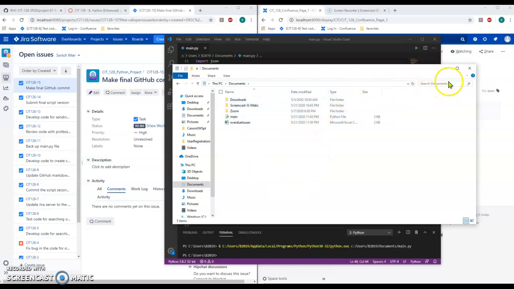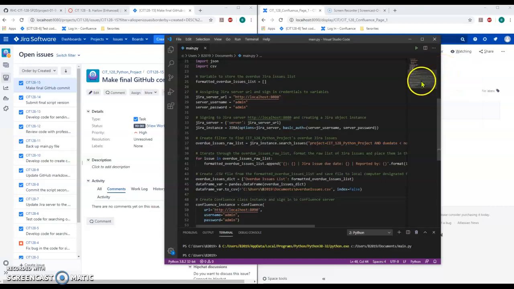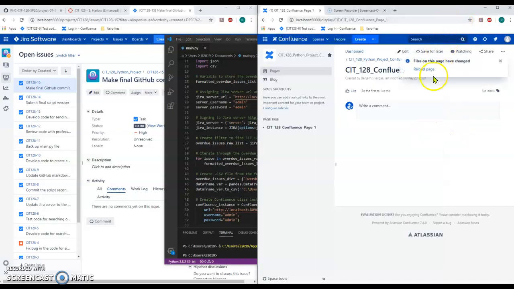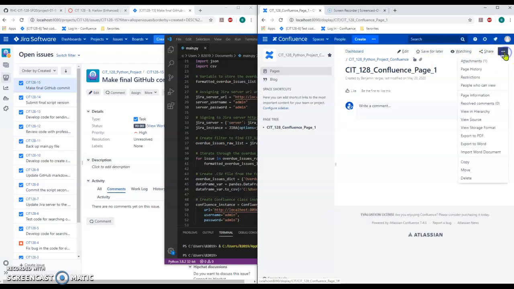So we're going to go ahead and also check the Confluence server to make sure that the file was not only created but also uploaded to the Confluence page. So we're going to go to the attachment, and as we can see, it says files on this page have changed, and this means that the file has just been uploaded recently. So we're going to reload the Confluence page,